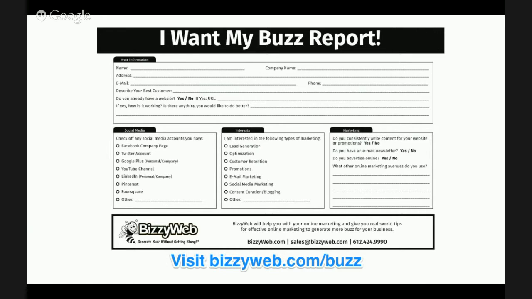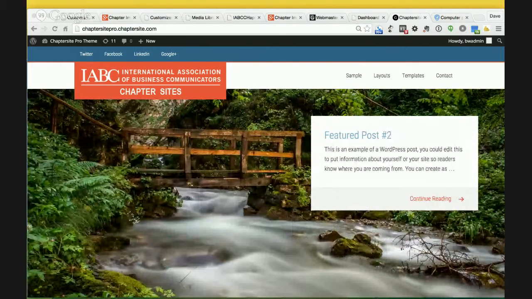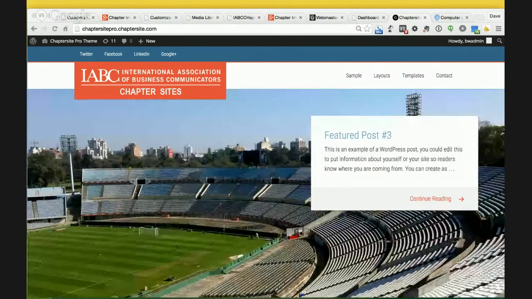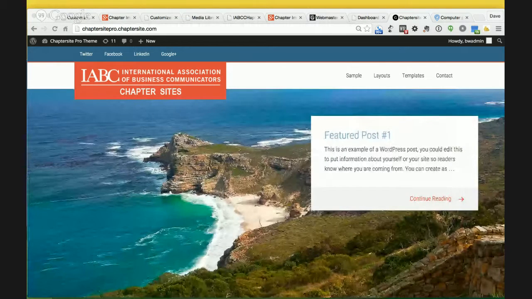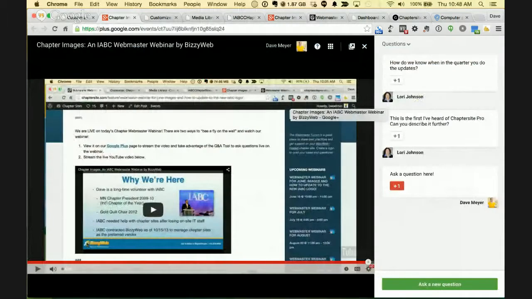I'm going to switch back over one more time, just to make sure that we don't have any additional questions. And I don't see any here. How do we know when in the quarter we do the updates, says Lori Johnson. Lori, we don't generally communicate directly to the chapters unless there's something that's going to change or that's going to impact you. So you'll know in the quarter when we do updates if you visit your website and you simply see that